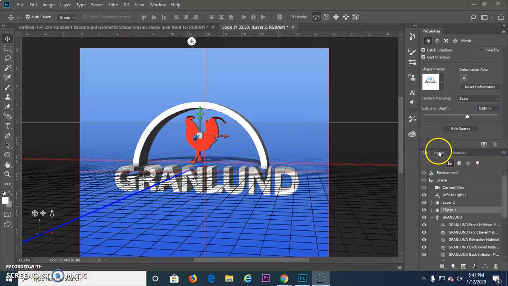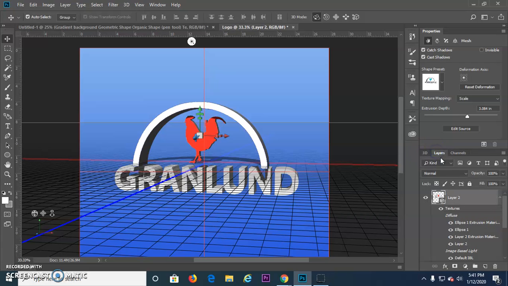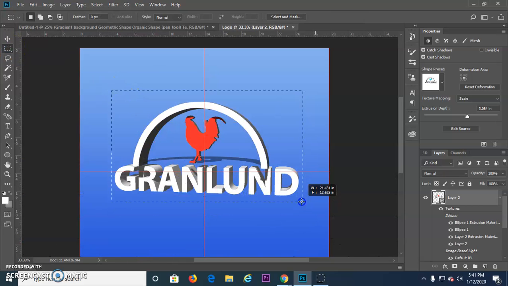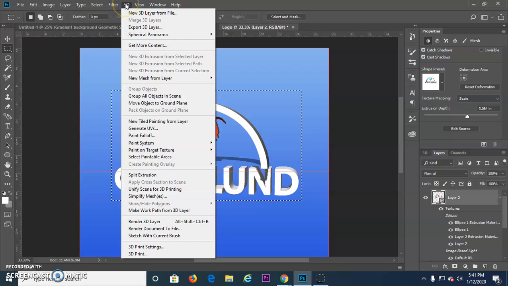I'm going to keep going back between my 3D menu and my layers palette, changing things that I want to change. When I am set and ready to go, I'm going to create a selection just around the area of my logo, and I'm going to export that layer. So I'm going to go to 3D layer export. Once that has finished, it's going to take about 15 minutes, and once that is